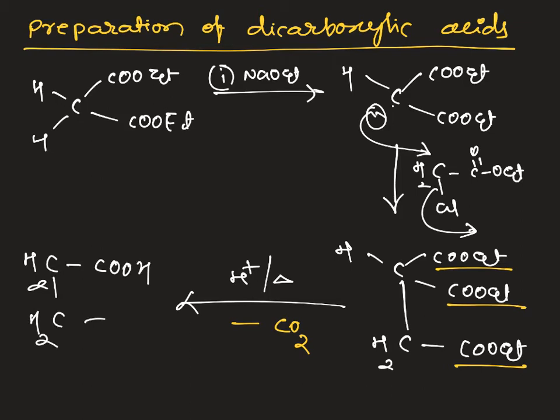So here again this group is coming from the diethyl malonate, and this system is coming from the alpha substituted ester. So if we want to increase the chain length, we have to increase the chain length in the case of esters.